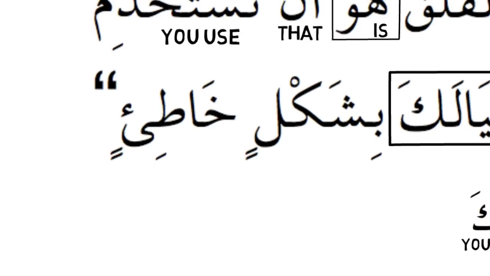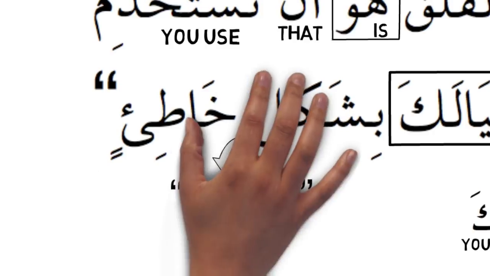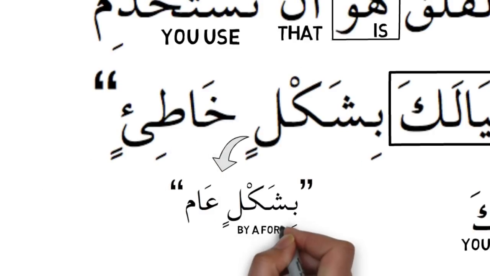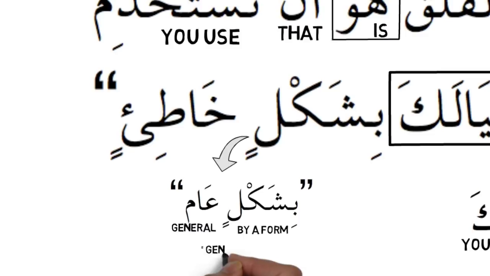And this little bit at the end, this bisheklin khata, is a really useful thing for you guys to bear in mind, because this is a really nice way of creating an adverbial, of describing the way in which you're doing a verb, yeah? If you say bisheklin and then you just use an adjective, that's a really useful way of describing things. It's very common to hear people say bisheklin am, which kind of means generally. Am means if something is general, right? So bisheklin am is like generally, and in this case we have bisheklin khati, or in a khati,